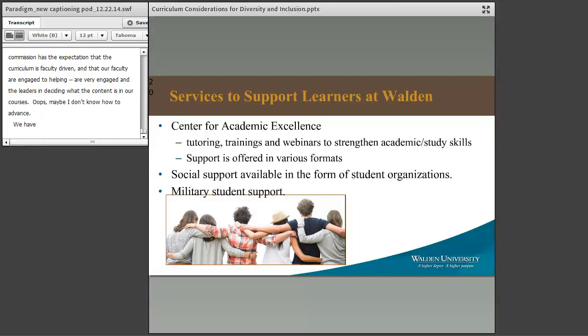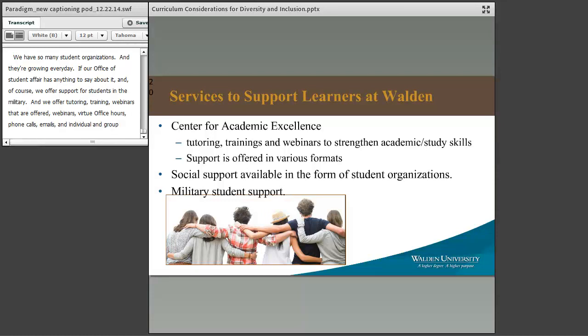We have so many support services that are designed to support our learners. The Center for Academic Excellence is a great resource for our students, and they offer support in various formats. We have so many student organizations, and they're growing every day, if our Office of Student Affairs has anything to say about it. And of course, we offer support to our students who are in the military. The Center for Faculty Excellence offers tutoring, training, webinars that are offered in chats, virtual office hours, phone calls, emails, and individual and group